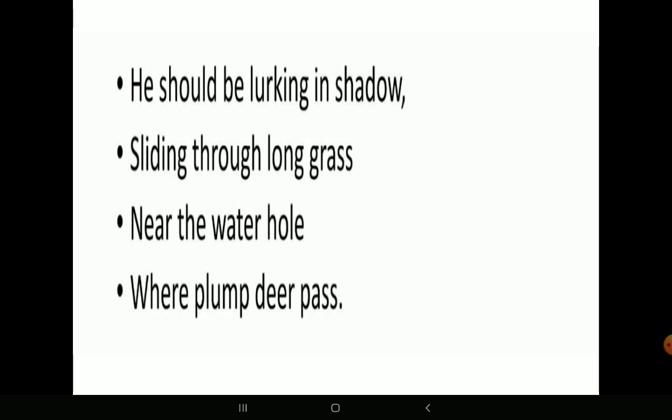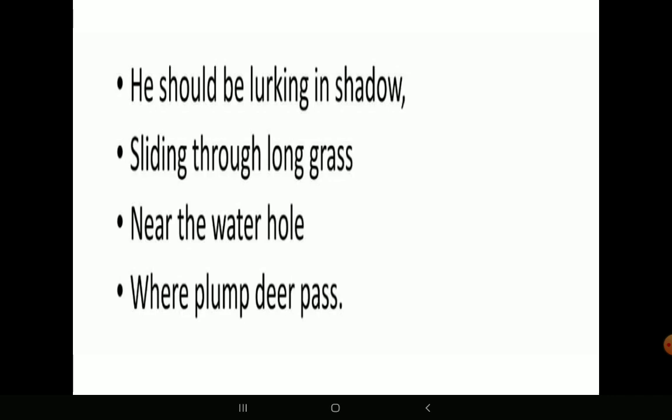That is the forest, the jungle, the wilderness. So he says, instead of being here in the cage, if the tiger had been in the jungle, what would he have been doing? He would have been lurking in shadow, meaning hiding in the shadow of thick long grass,